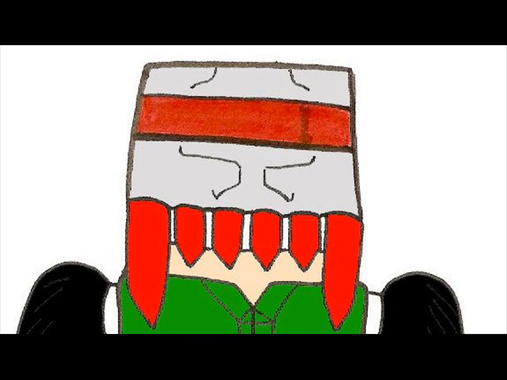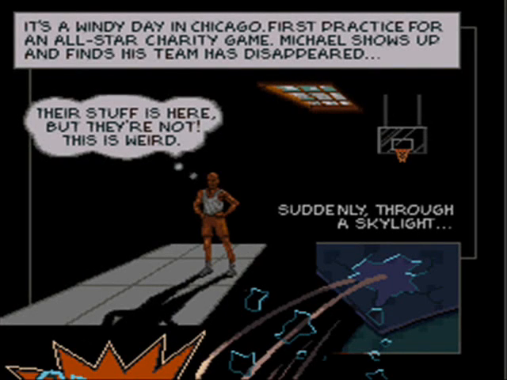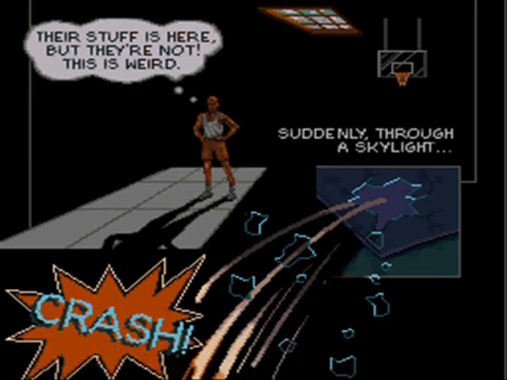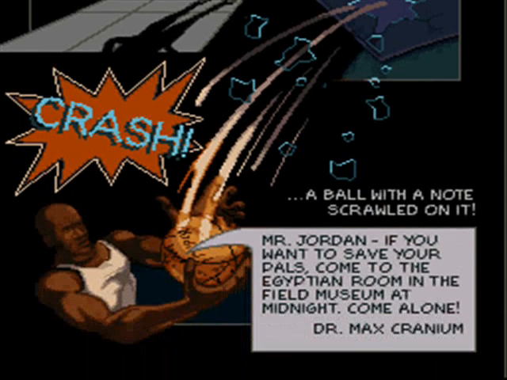First thing is the story. It was a windy day in Chicago. First displayment of an all-star Chicago game, Michael Jordan showed up to find his team had disappeared. The stuff is here, but they're not. This is weird. Suddenly, through the skyline,